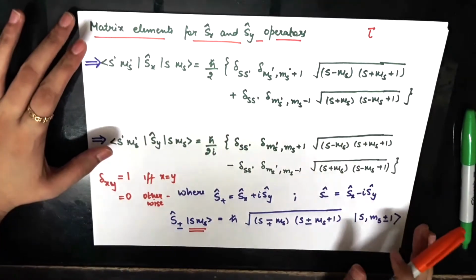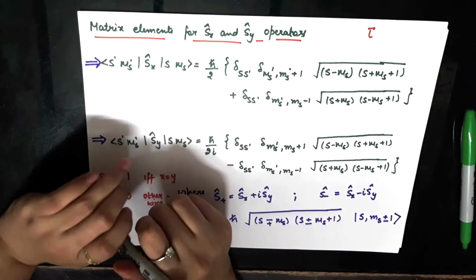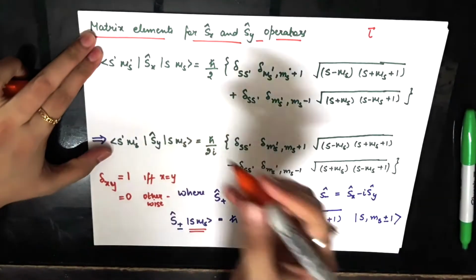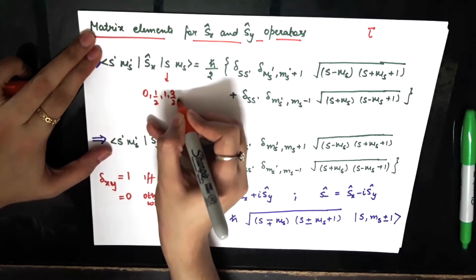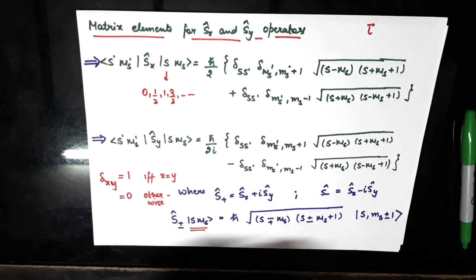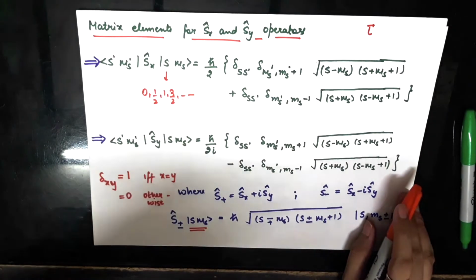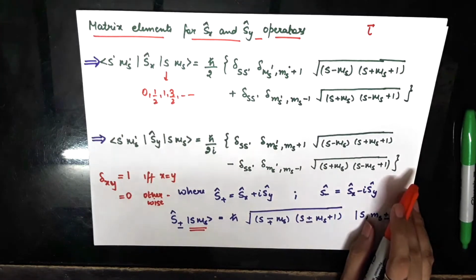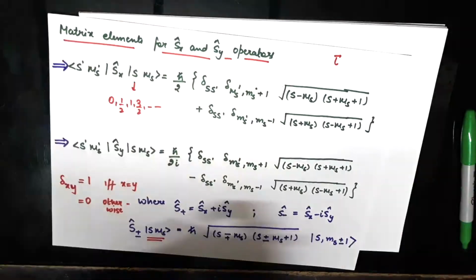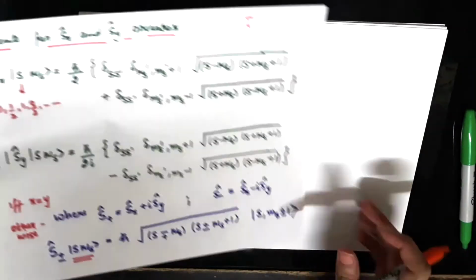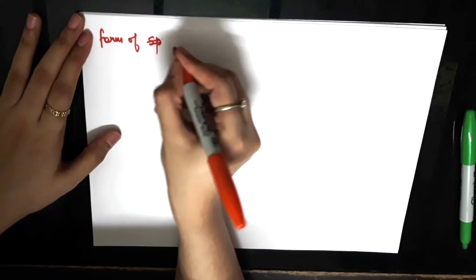These are the forms of the matrix elements that would hold for the spin operators Sx and Sy, and this is for a general spin operator. S could be anything. We are interested here in S equals half, but S could be 0, half, 1, 3 half, any integer or half-integer number is fine. This is a general formula, and we are now going to use it for spin half operators because we are interested in electrons. So using these, we can compute the form of the spin operator Sx.